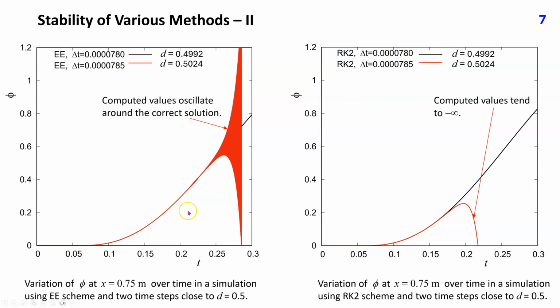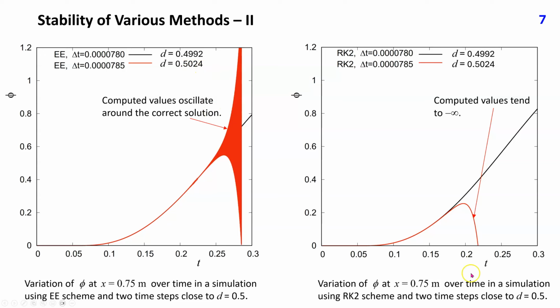These two figures show how sensitive the explicit schemes react when the stability limit is only slightly exceeded. For D equals 0.4992, both the first order explicit Euler and the second order Runge-Kutta method produce a smooth solution. When the time step is only slightly increased so that D becomes greater than 0.5, here 0.5024, the solution process